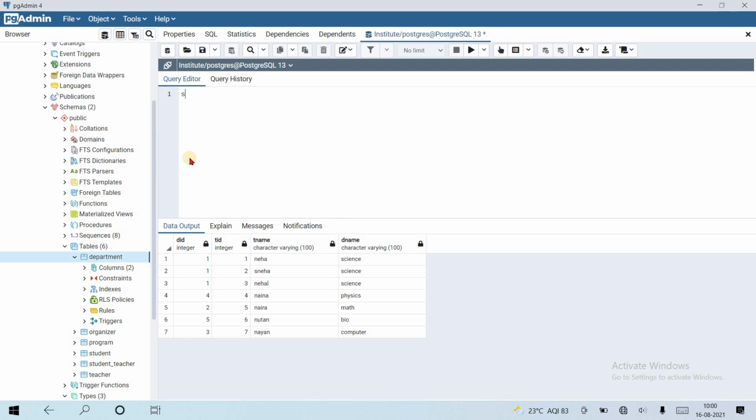Select star from department, comma, teacher, comma, and the program we want to connect.